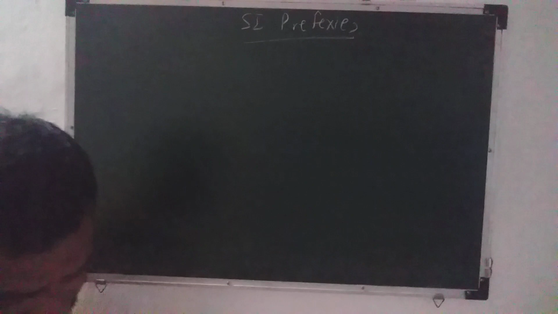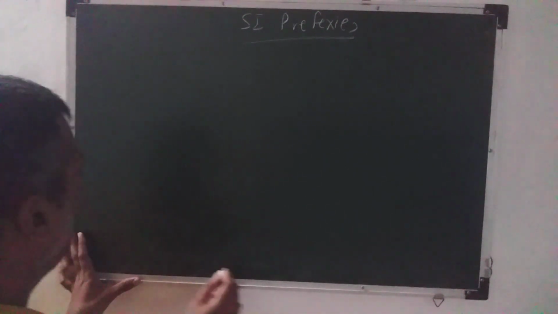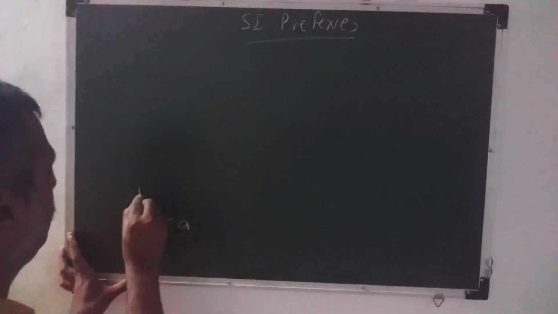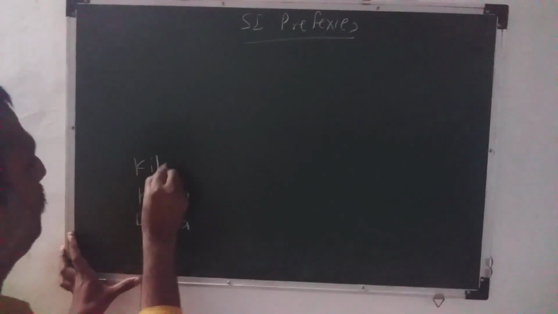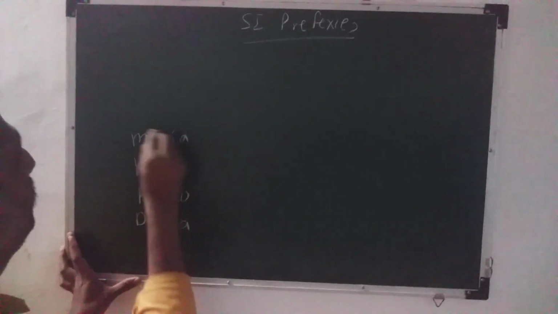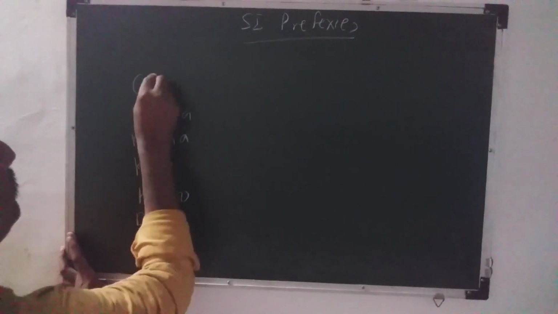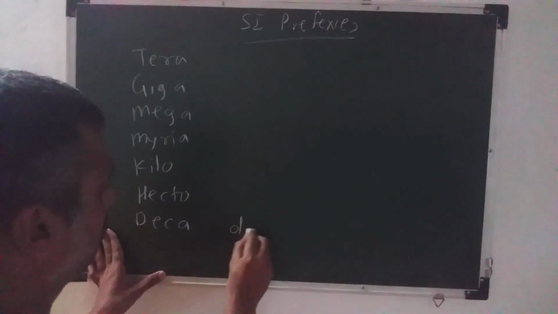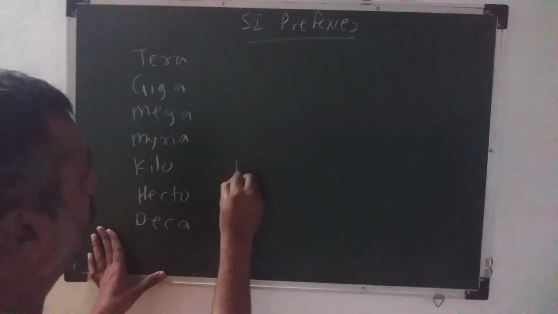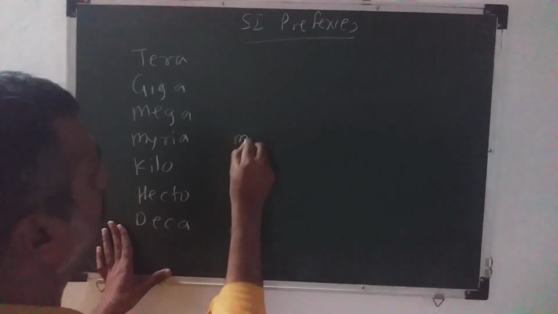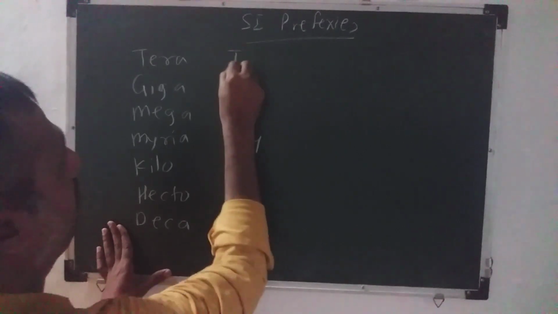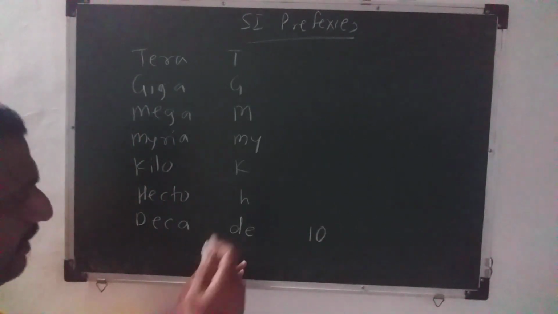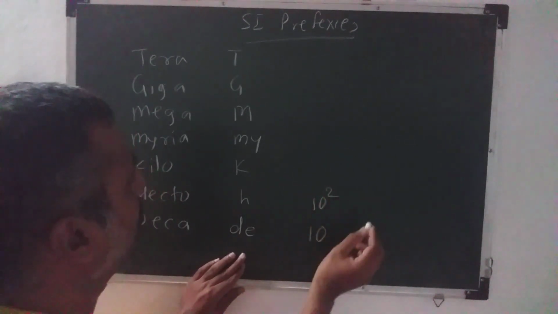Here I'll write deca, hecto, kilo, myria, mega, giga, tera. Okay, deca means 10, 10 raised to 1, hecto 10 raised to 2, kilo 10 raised to